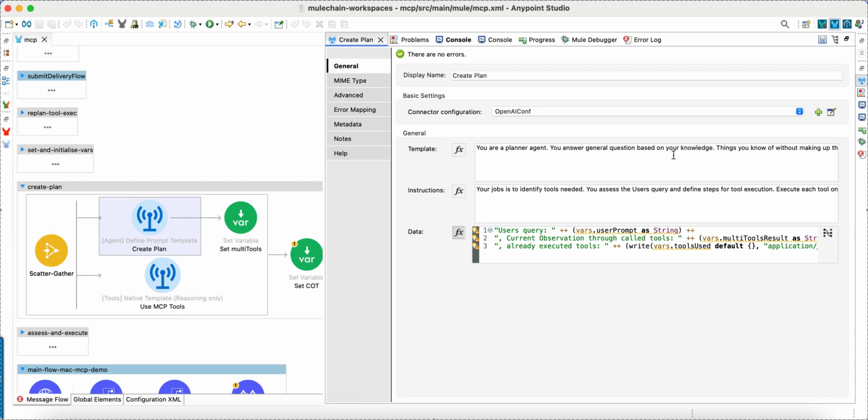So it says you are a planner agent. Don't answer questions based on your knowledge, but don't make up things. I'm providing here a data set with the current user query, like what is the capital or whatsoever. Current observations: in the first entry, this is empty, right? So there is no current observation, and already executed tools is also nothing, because this is empty in the first execution. So the instruction is you have to identify tools based on the user's query,